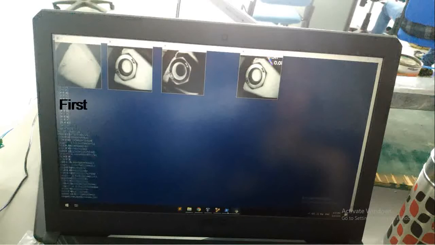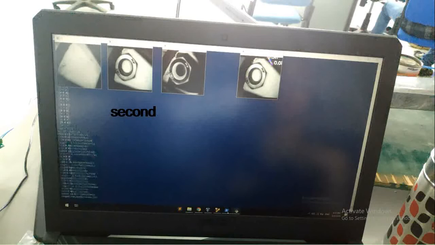So the first image here, as you can see, is the background image of the slot in which the nut will be detected and the dimensions will be taken. And the second image is the real-time image that is being captured by the camera when the motor is stopped and the